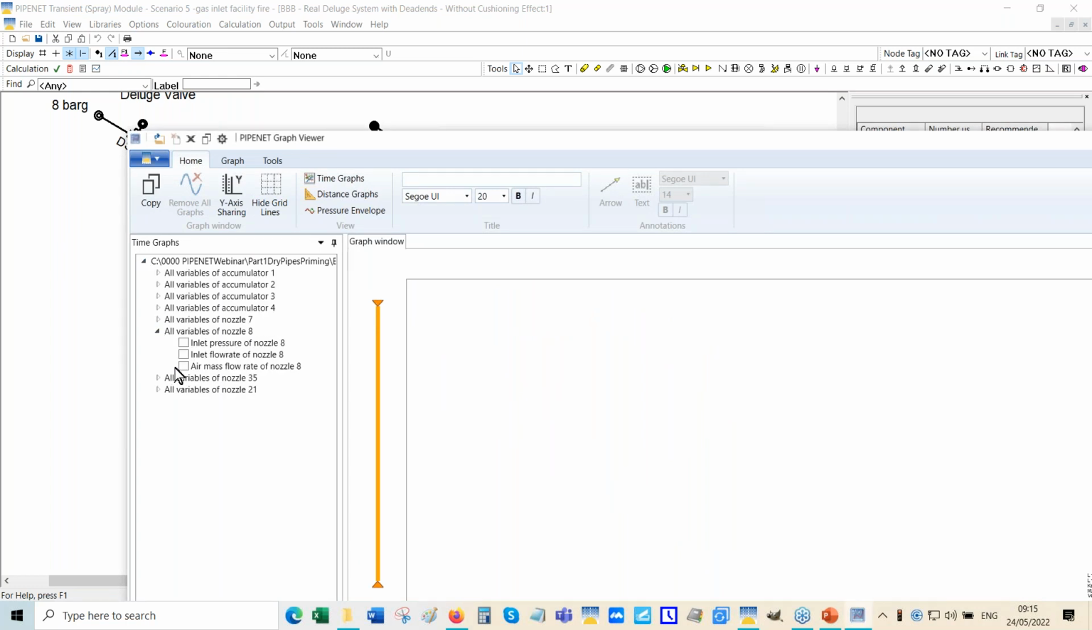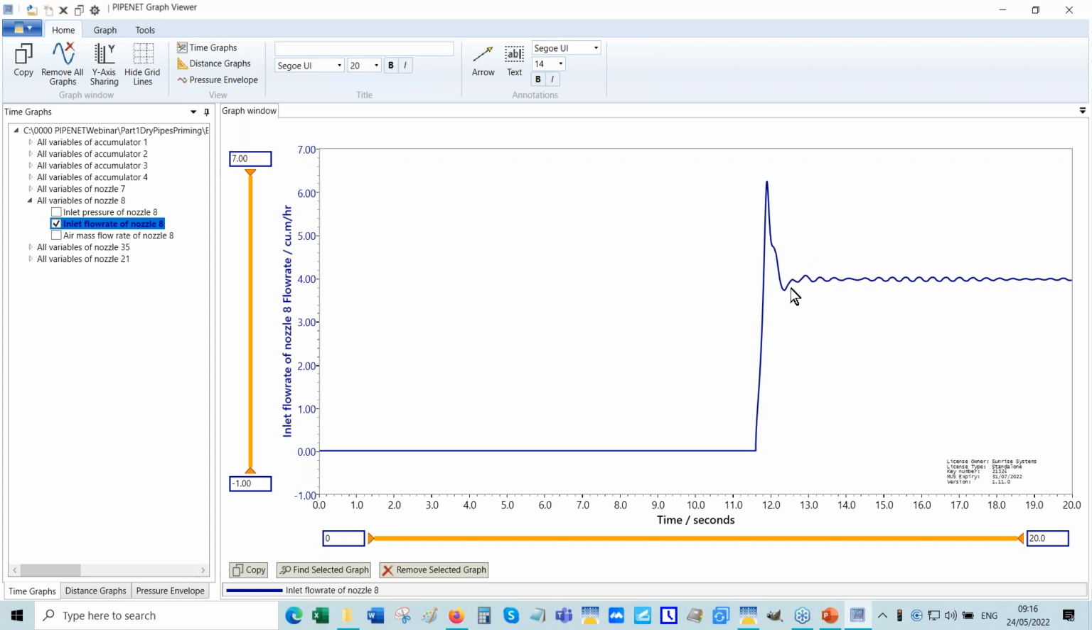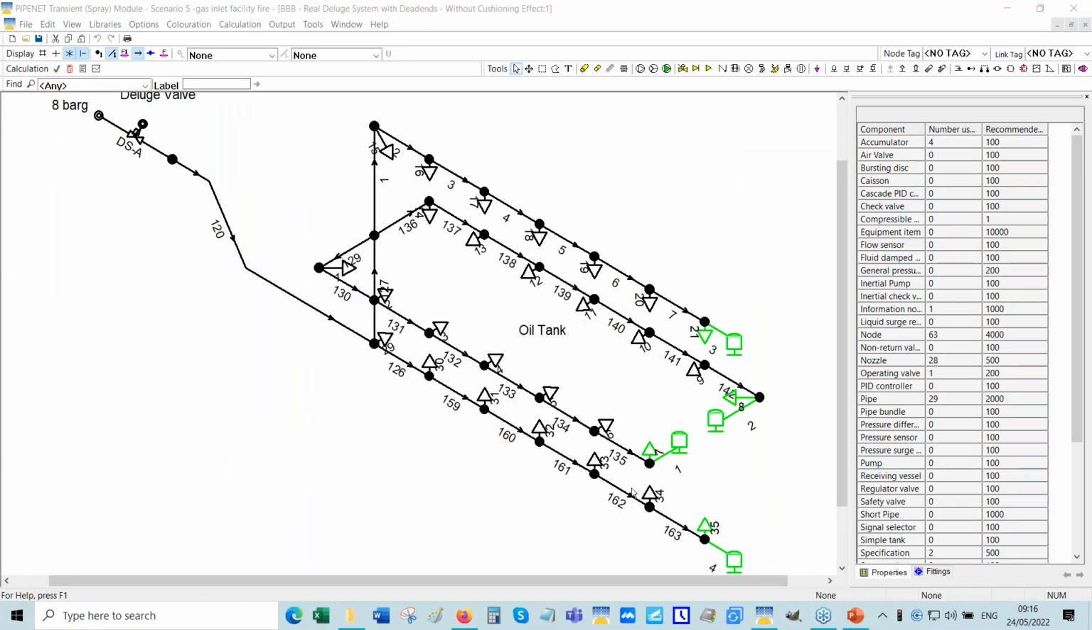Nozzle 8. See, we have a little bit of that oscillation effect. Nozzle 21, which also has the scales the same. Okay. So you can see that there are some oscillations, but they're slightly different because of the way we're